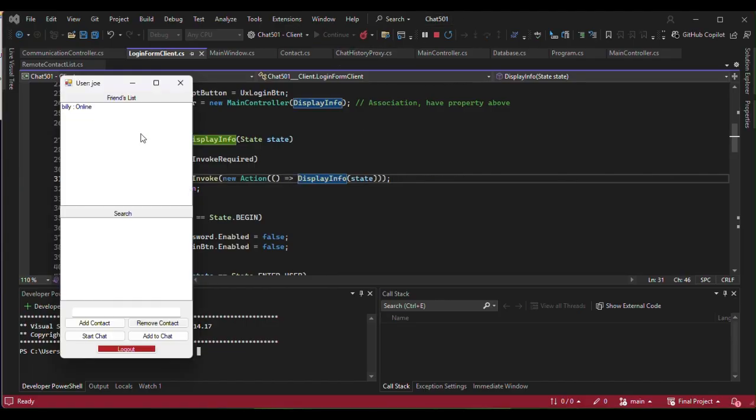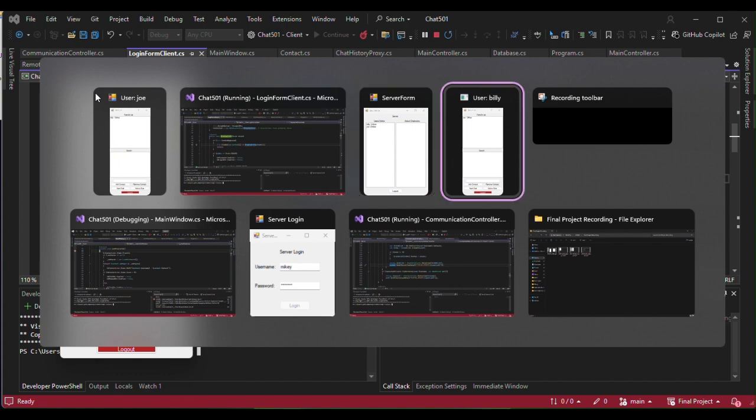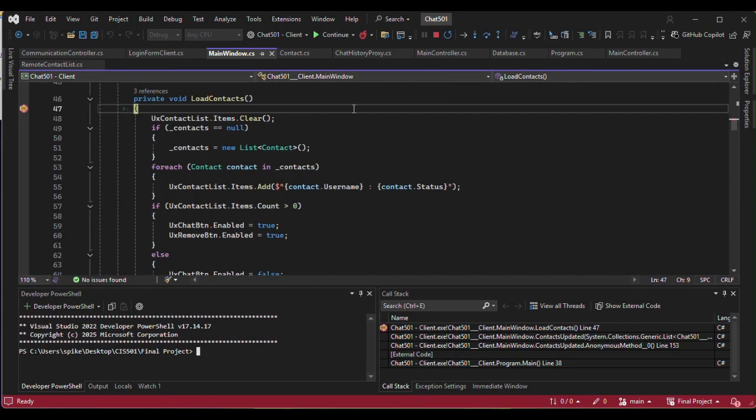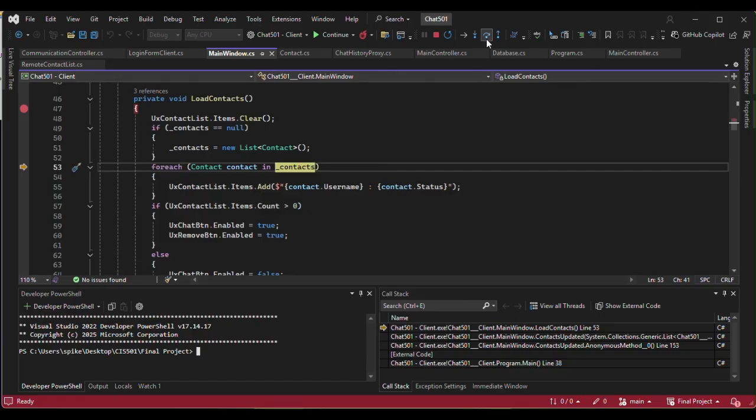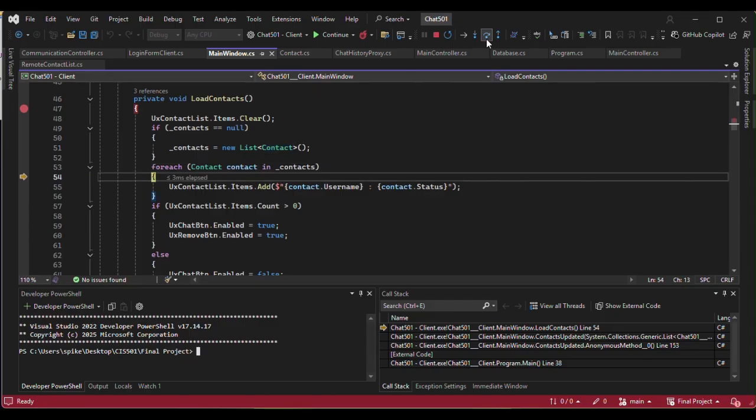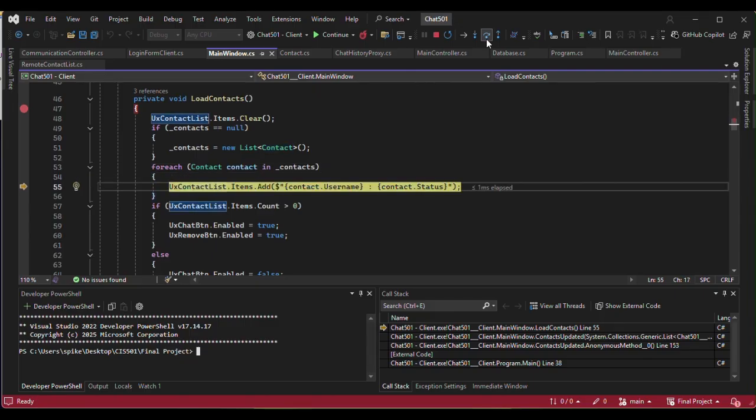Continue. Billy is online. Is there a breakpoint here? Okay, here we go. Now we're going to be updating. Sorry, because of multi-threads and multiple online users, we're going to be updating Billy's thing now. Okay, so it's going to be the same thing. We're going to look through each of the contacts until we find the one we're looking for, and we're going to add to